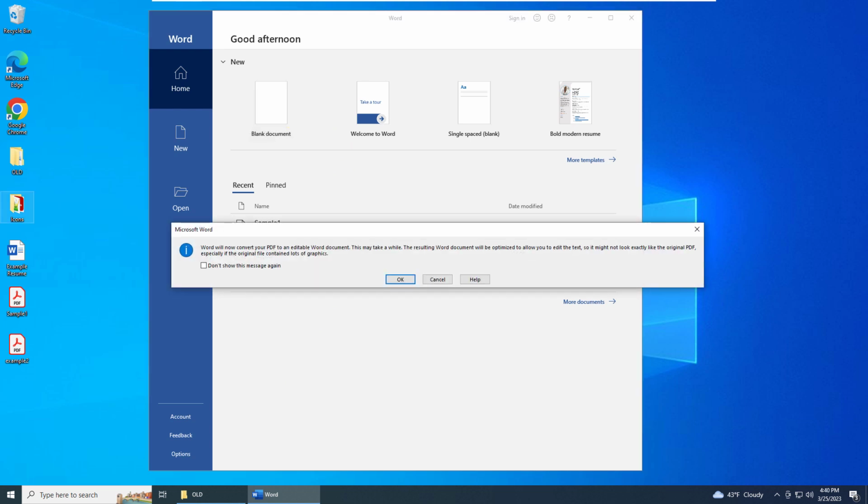After you let go of the PDF inside of Microsoft Word, you'll get a warning message, and it's basically just telling you that Microsoft Word might not be able to optimize some of the text, and it might not be able to handle some of the formatting, especially if the content contains a lot of graphics. So you're just going to hit the OK button,